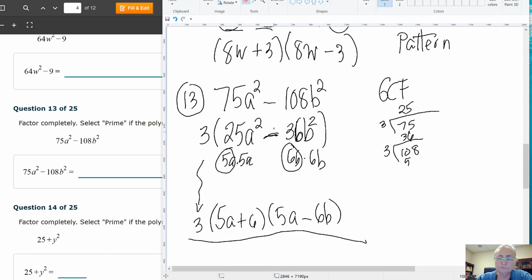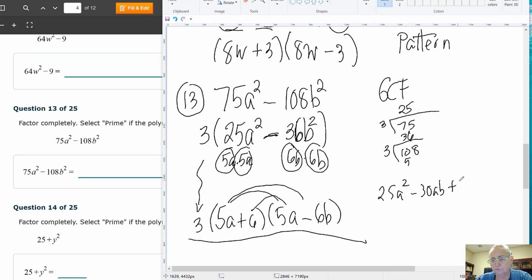So because it fits the difference of squares pattern, I know that if I find the two factors just alike here and the two factors just alike here, I put one with a plus sign and one with a minus sign. And of course GCFs have to always be in the front. Now to check this, you could FOIL these two. Look, 25a squared minus 30ab plus 30ab, I'm just doing the FOIL rule,